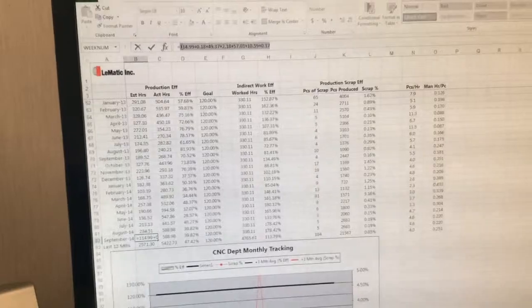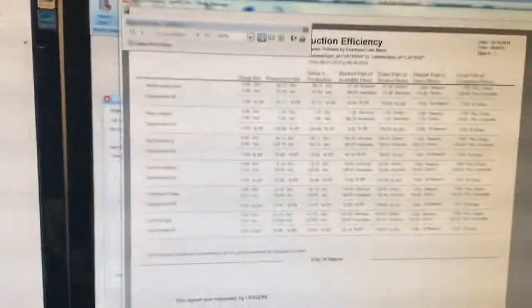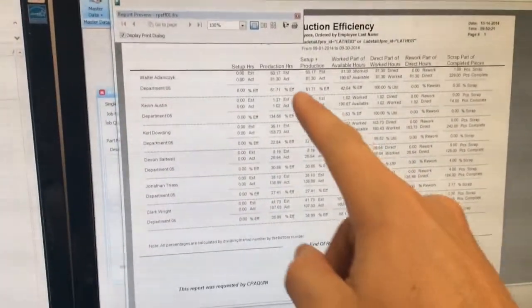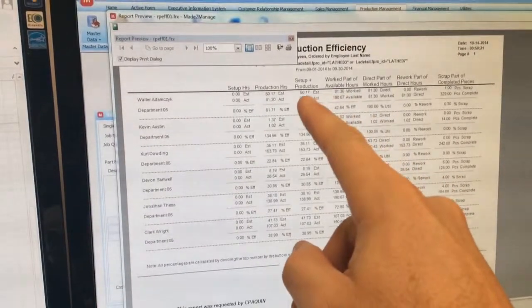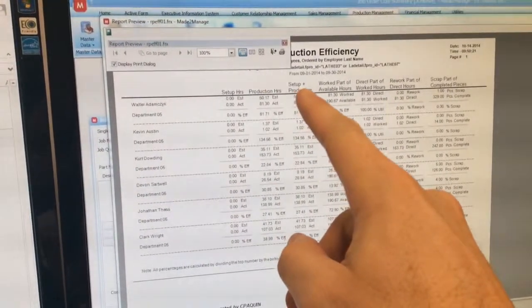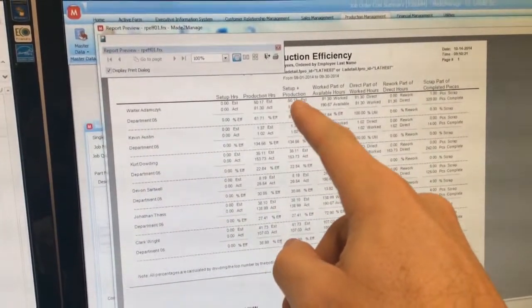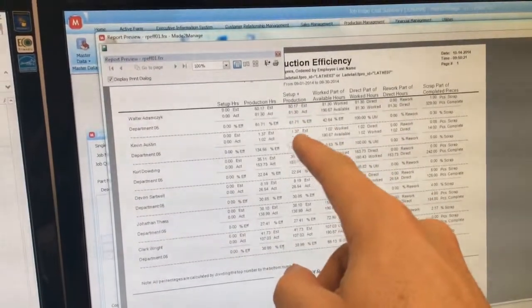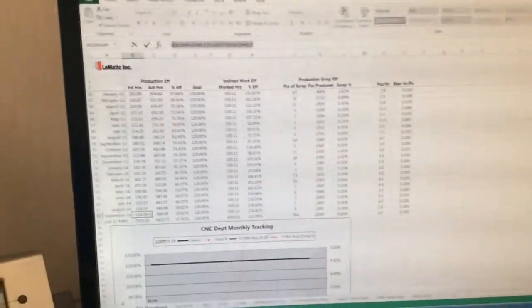We're going to type in these numbers for production plus setup under the estimated row. Okay? So in this box, we'll type in